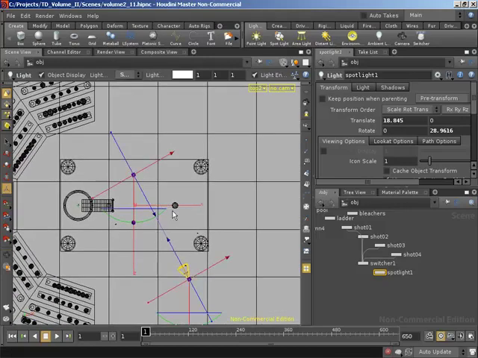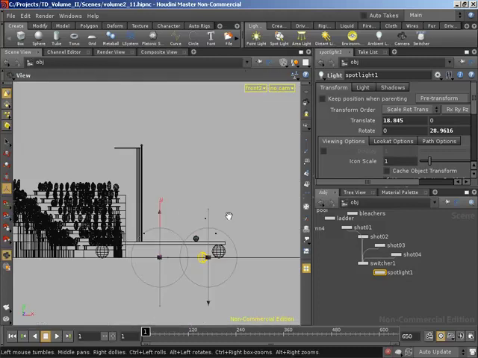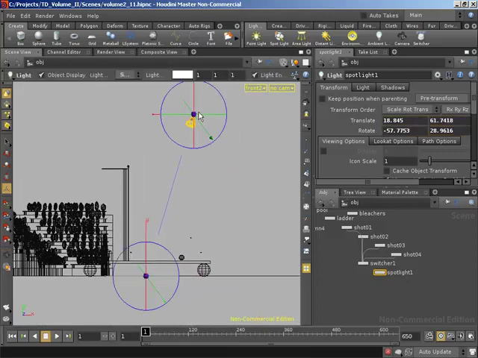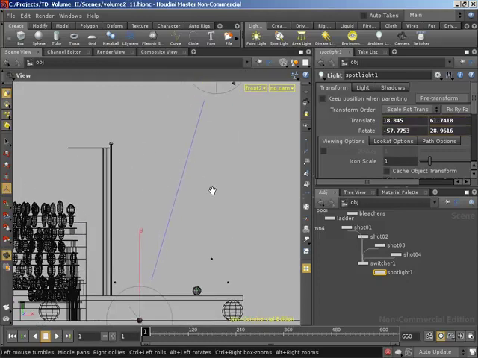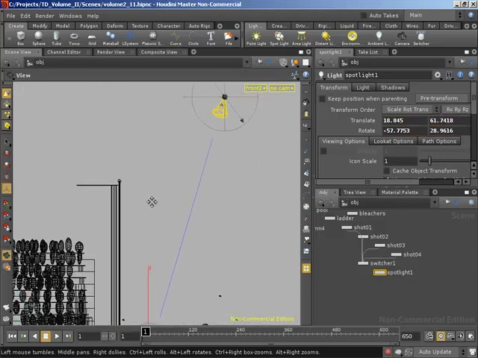And with him positioned in X and Z, I'm going to switch over to a front view with space 3. And I'm going to move him up in Y, way up above our ladder, somewhere around. Yeah, that looks pretty good. So this means that when our ball climbs up onto the ladder, he'll still be receiving illumination, and more importantly,